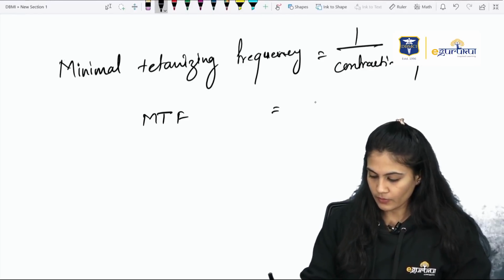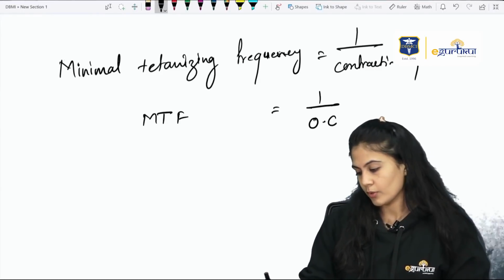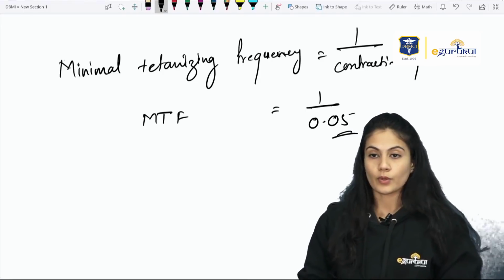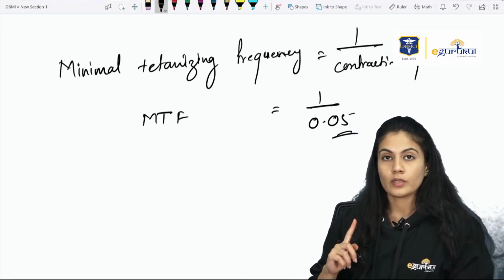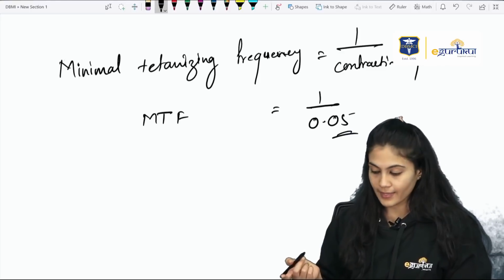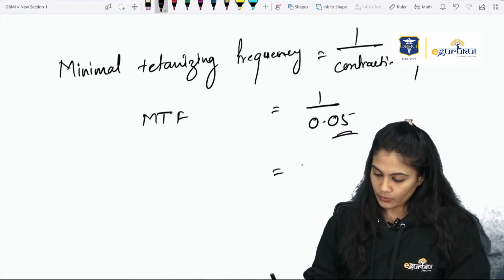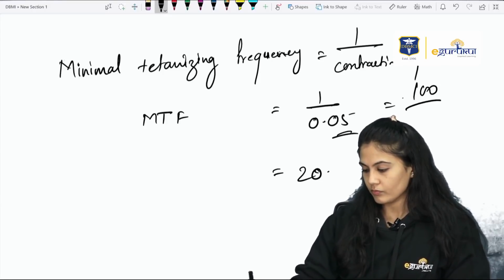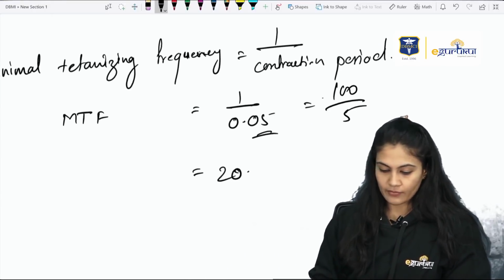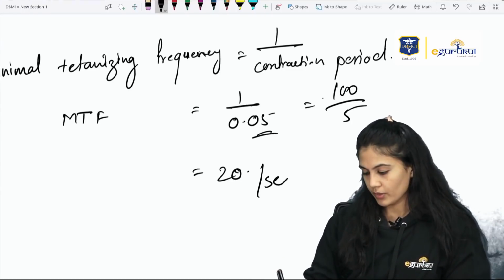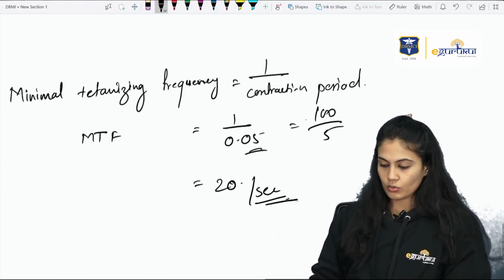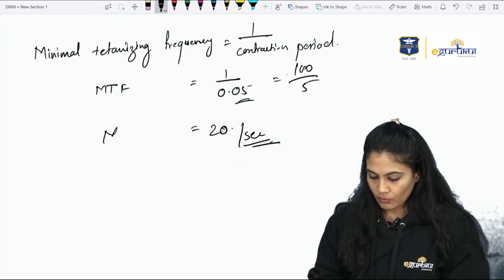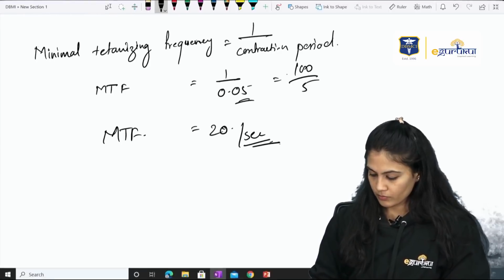minimum tetanizing frequency, 1 upon 0.05 seconds, right, because 1 will give us 0.01 second. So that will be equal to around 20, right. 100 upon 5 will give us 20 per second. So 1 upon contraction period is the minimum tetanizing frequency, which came out to be 20,